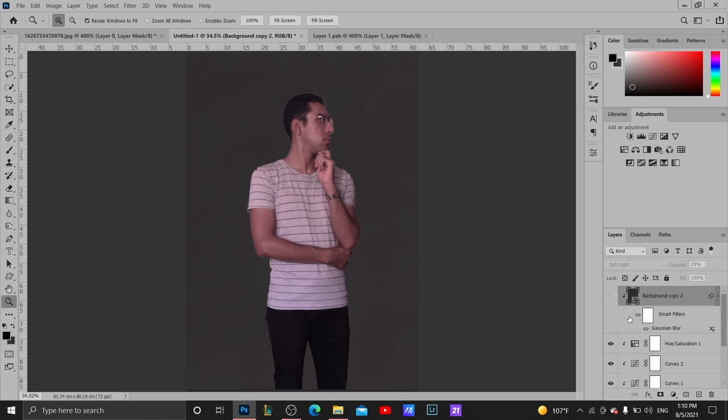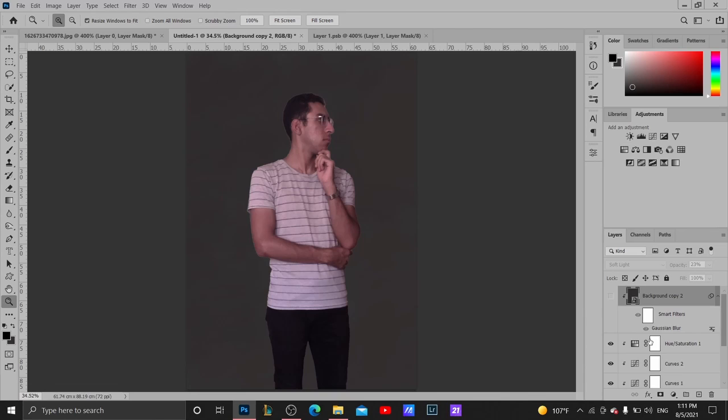Before, after. I forgot to clip it to the subject, and it was clipped to the hue saturation layer because this hue saturation layer wasn't clipped to the subject. Now let's go and